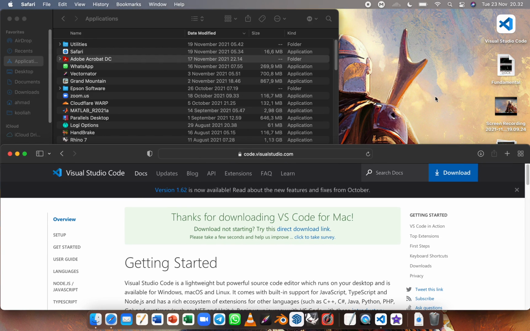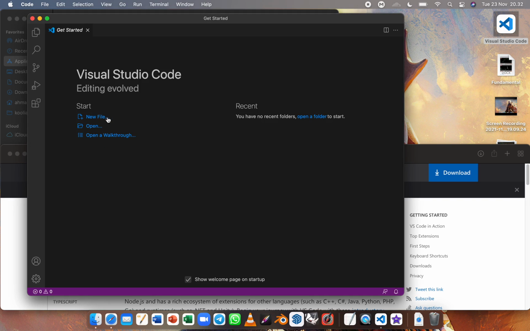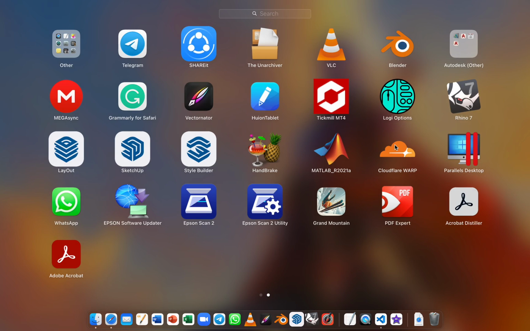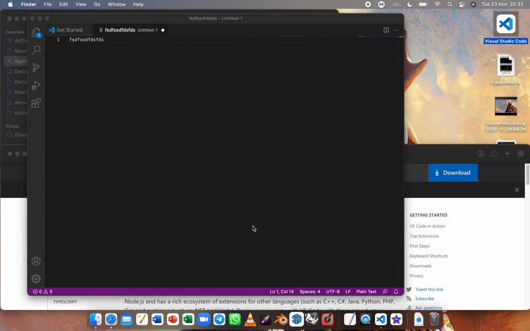Once you've downloaded the file, you can already use it as usual. But if you open your Launchpad, the Visual Studio Code icon will not appear. So the next thing we've got to do is